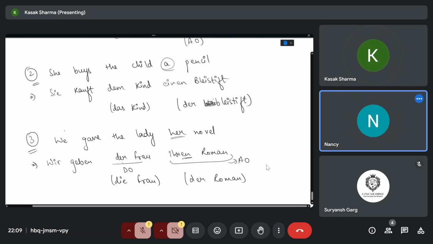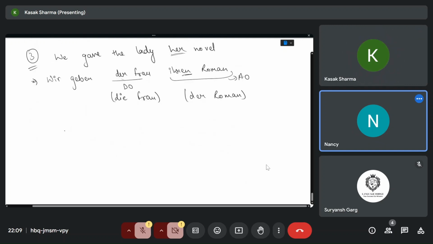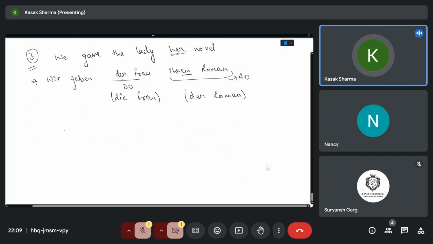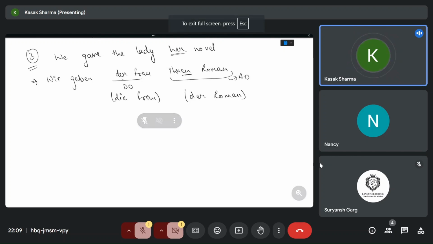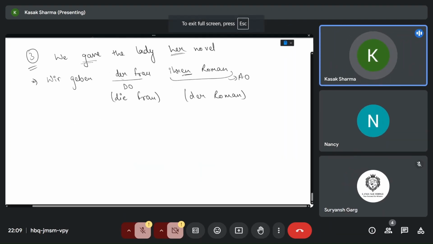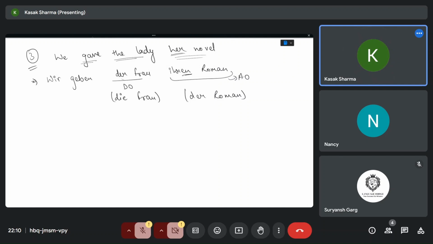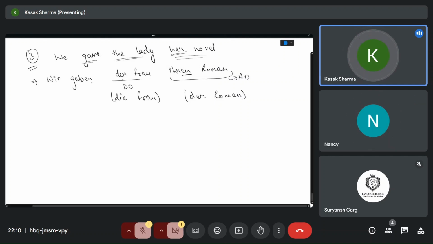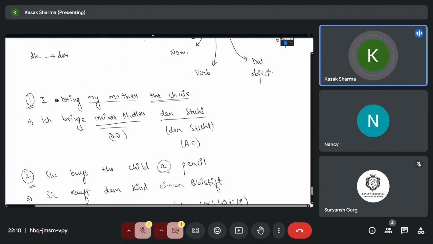Now, until B1, we see that whenever we use these Wechsel verbs, one object is a person and one object is a thing, correct? And according to this PDTA rule, we follow the rule and we